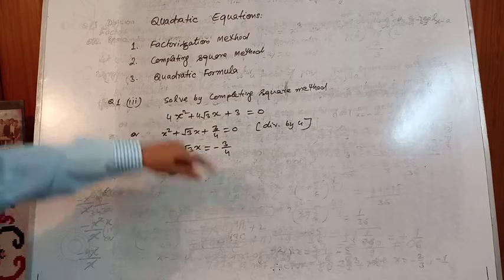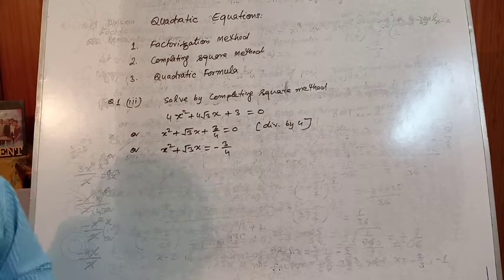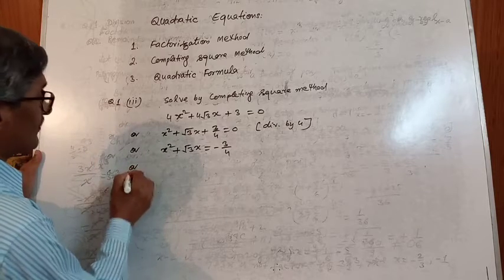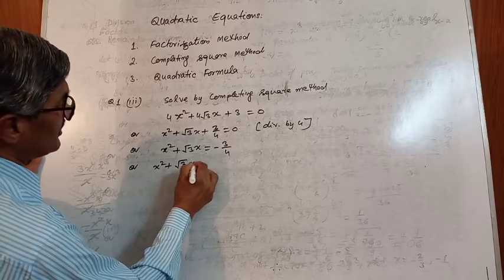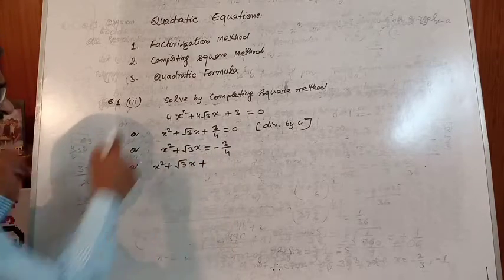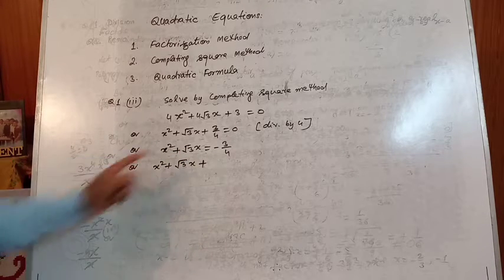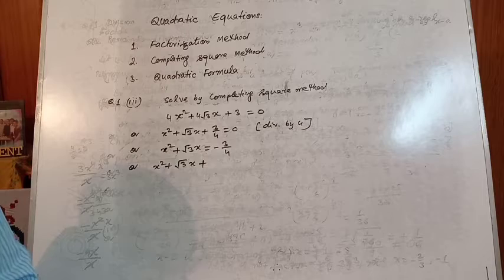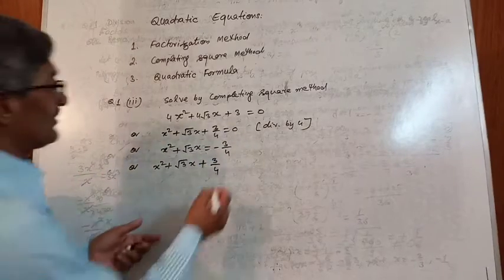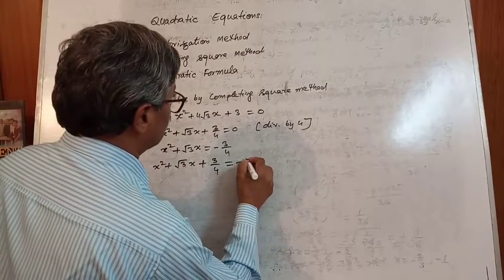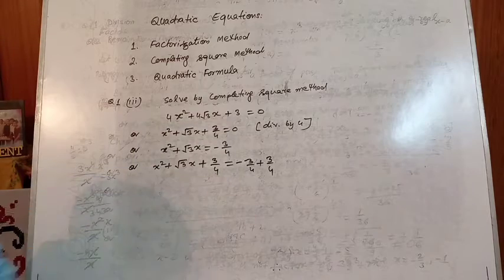4. After transposing the constant term, then only you add the square of this number divided by 2. So we are getting root 3 by 2. So root 3x plus, here we are not making any change. Here in rough we divide and find the number, and the square of that number is added. So square of root 3 is 3 and square of 2 is 4. 3 by 4 is added to both sides, minus 3 by 4 plus 3 by 4.